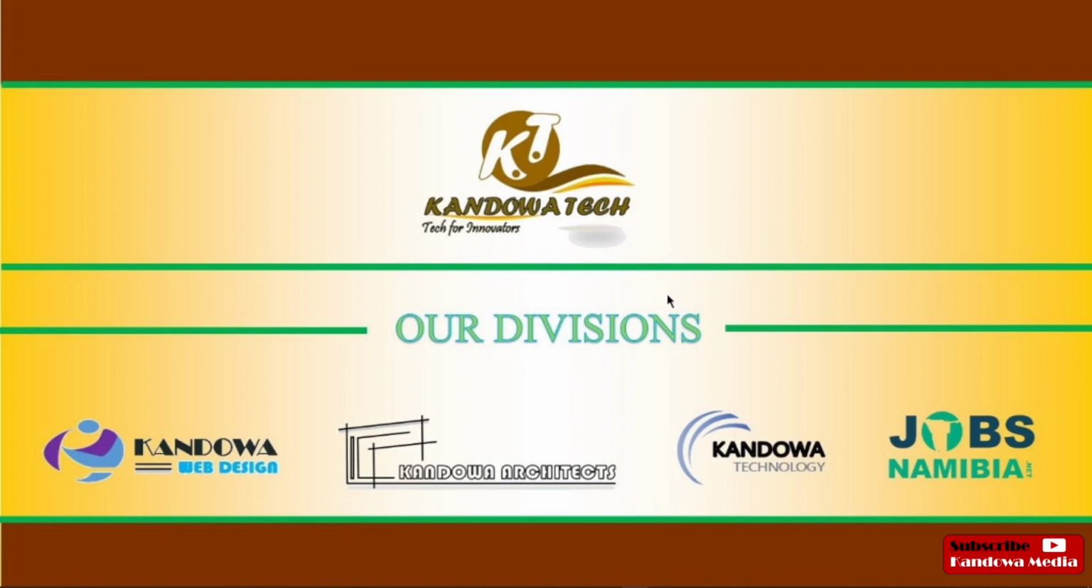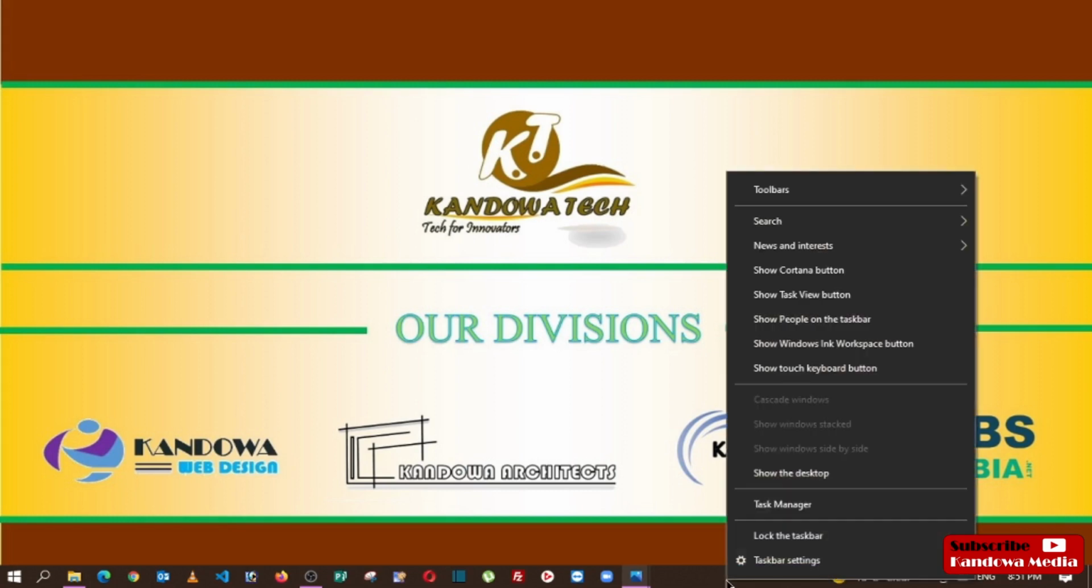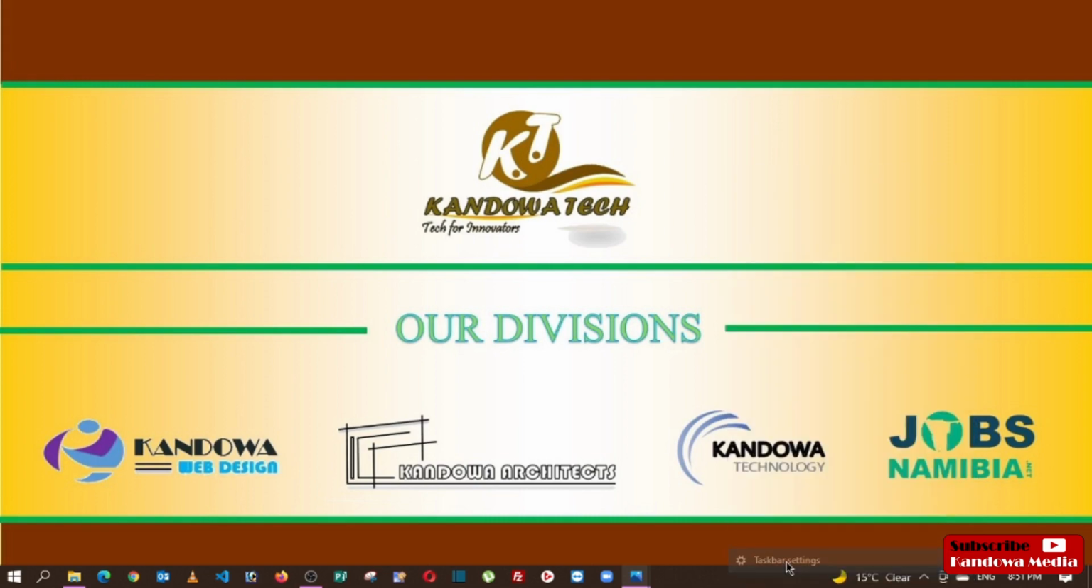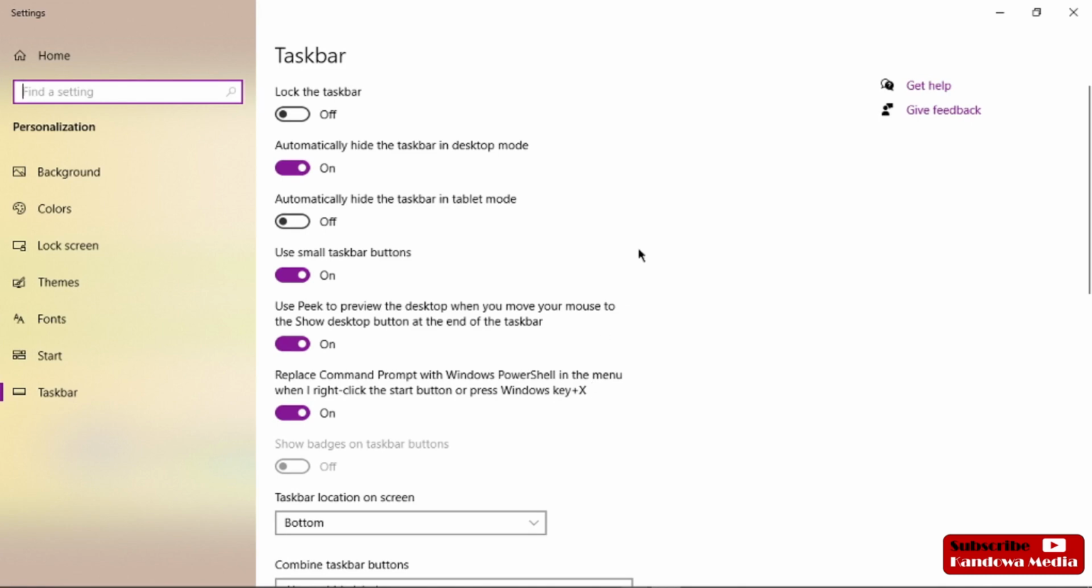So yeah, with that being said, let's get started. Now to do that, just come to your taskbar right here. Come to your taskbar, and then just right click on it, and then click on taskbar settings. Once you click on that, this will open up. So now you can just come here to where it's written automatically hide the taskbar